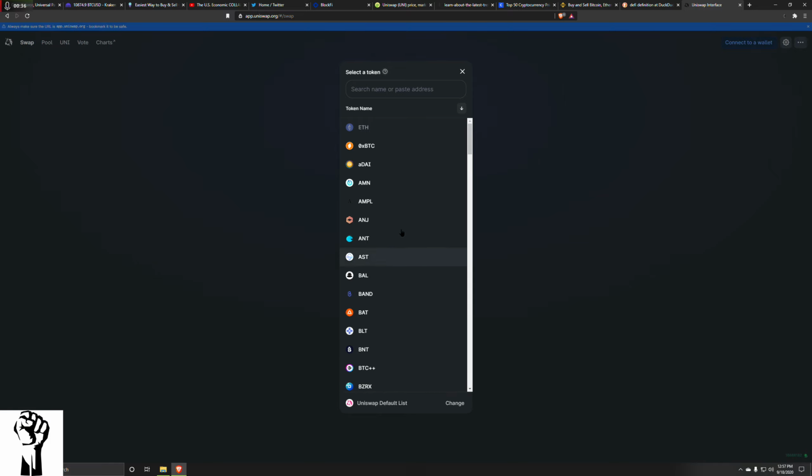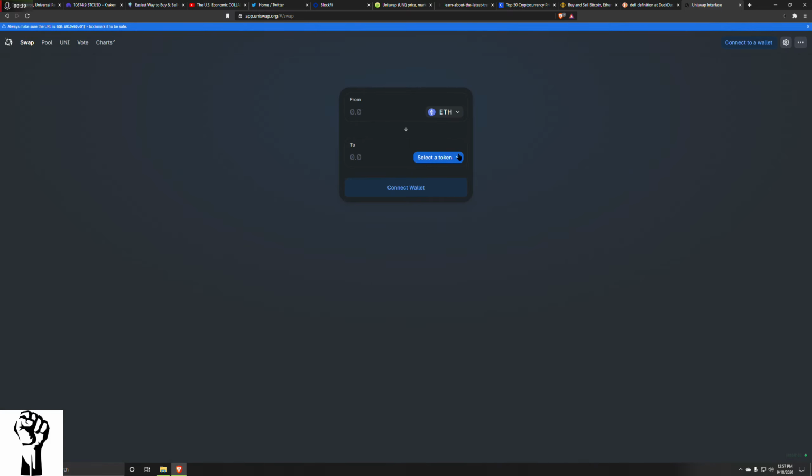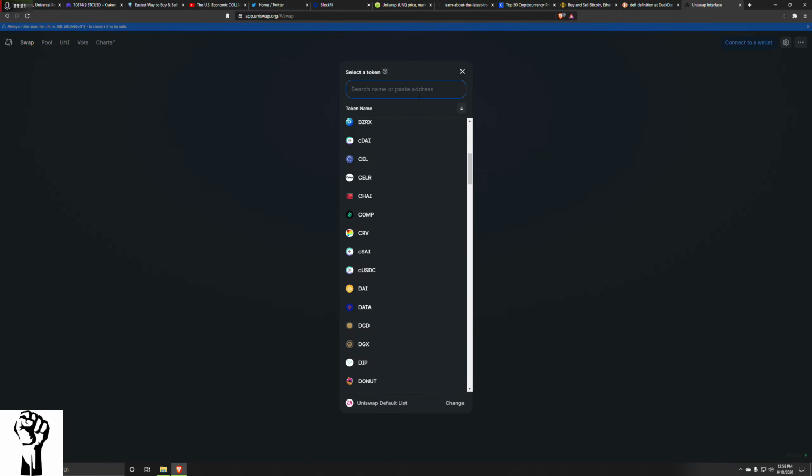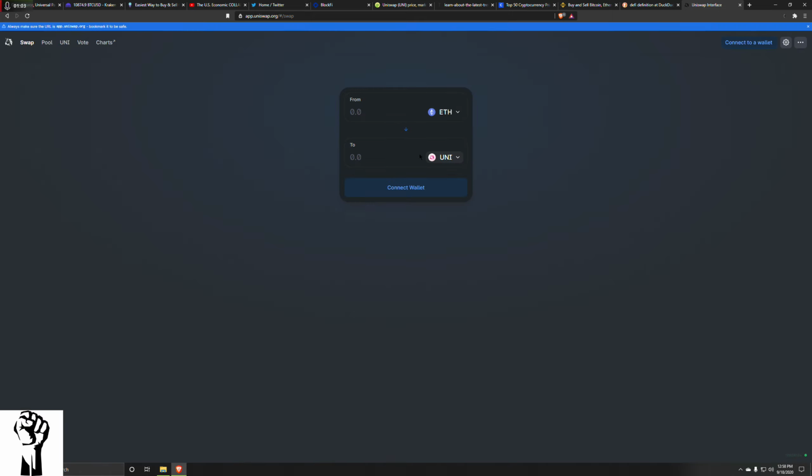And once you have selected whatever you want to swap for, ETH to whatever, the wallet will then tell you what path it's going to go through and how much you're going to be paying in transfer fees and network fees and such. And what it will do is automatically choose the most profitable path from the ETH to whatever token you want. So let's say you wanted to go ETH to Uniswap. You would go in here and find the Uni token, and then you would connect your wallet, and then you would say how much you wanted. It would tell you how much you would get, and then it would go through the most profitable path. That could be Ethereum to USDT to Tether to Uniswap.